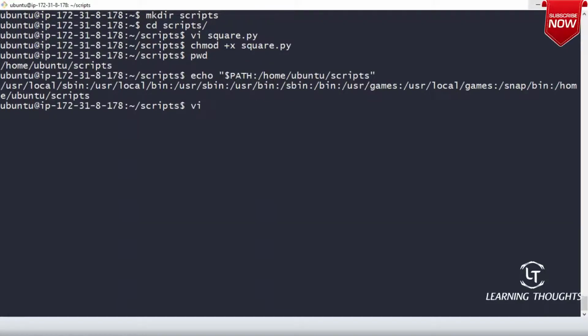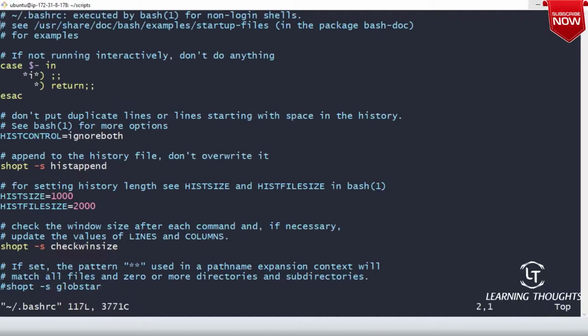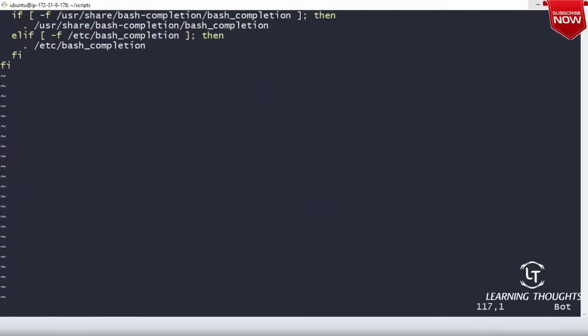We have learned this in Linux. In the home directory, I will have a file called .bashrc. Go to the end of the file, and at the last, write a statement which is export PATH equals to the existing path plus the scripts folder.